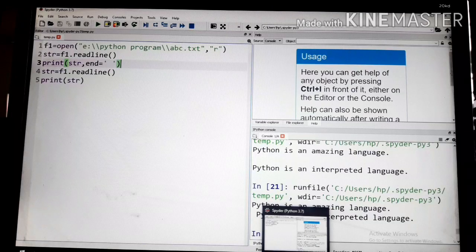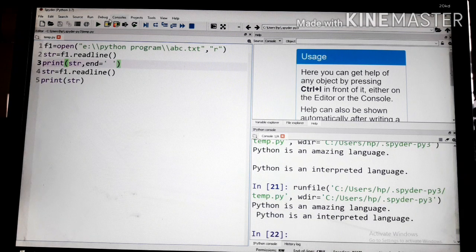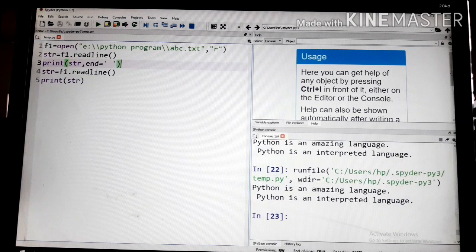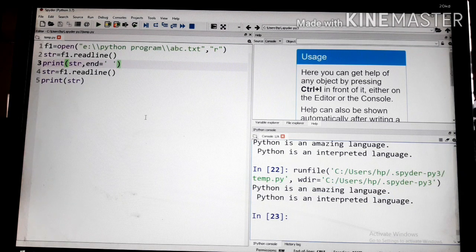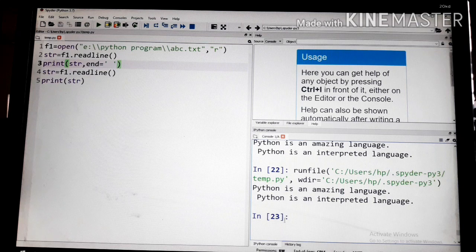When you execute the program, there is no blank line. So that is the difference between read and readline: both return strings, but readline contains one blank line.